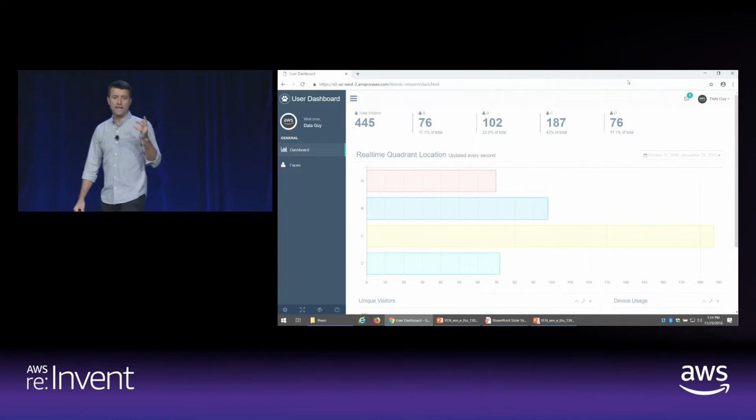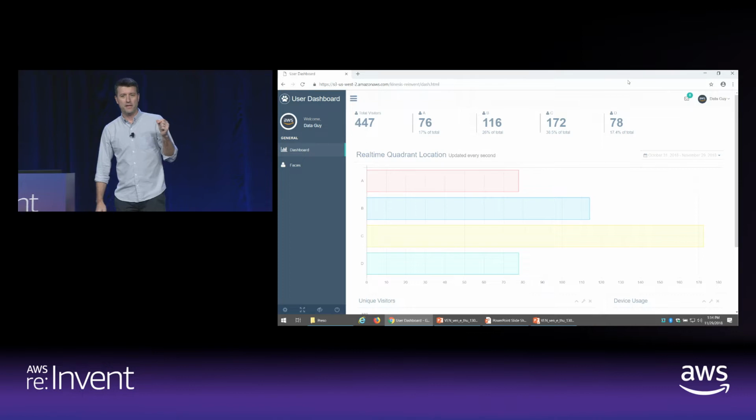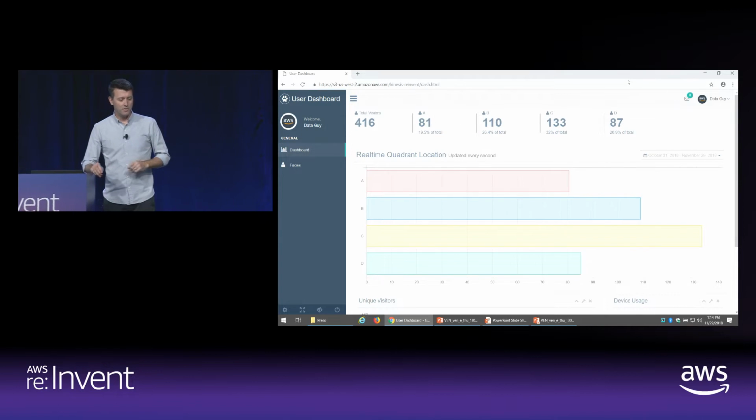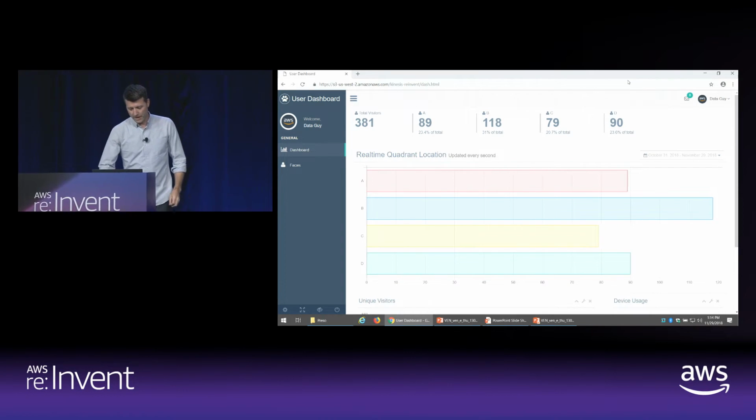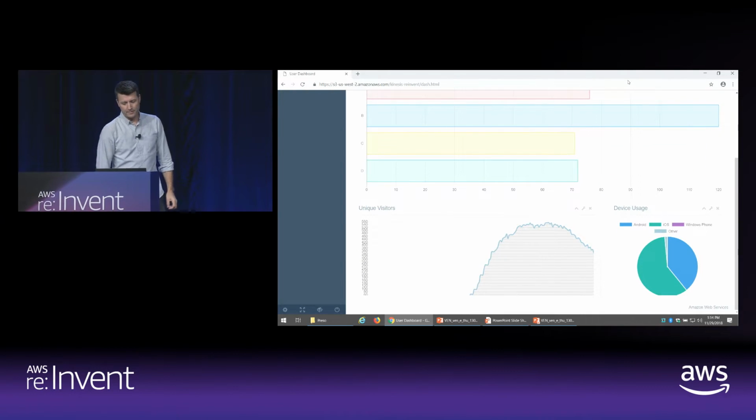Of course, per 1 second might not be necessary for some of those types of things I just mentioned, but you can, of course, change the window to be every few minutes, every hour. This is just a good one to show you for how fast we can do it. Last thing, we're also capturing device data.